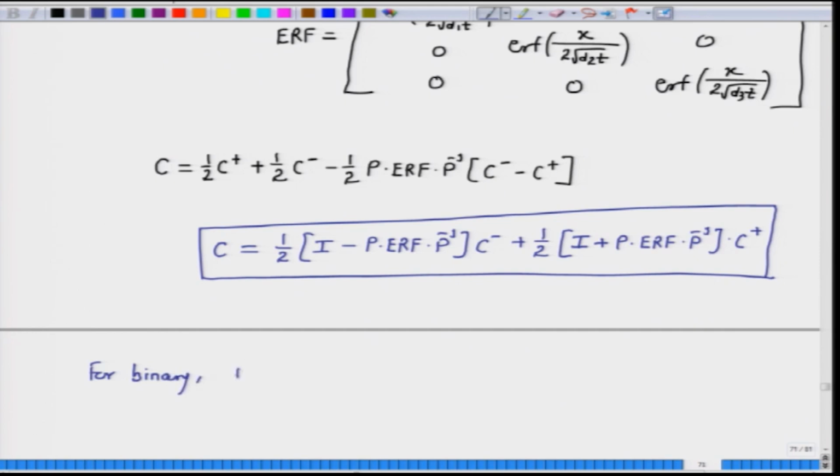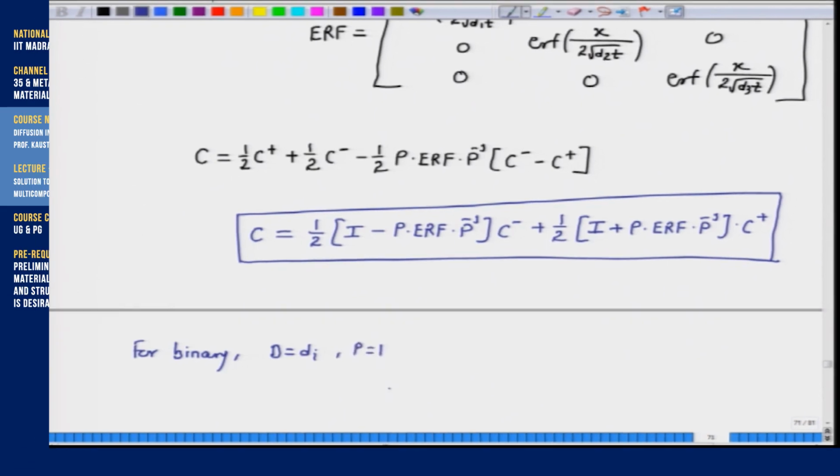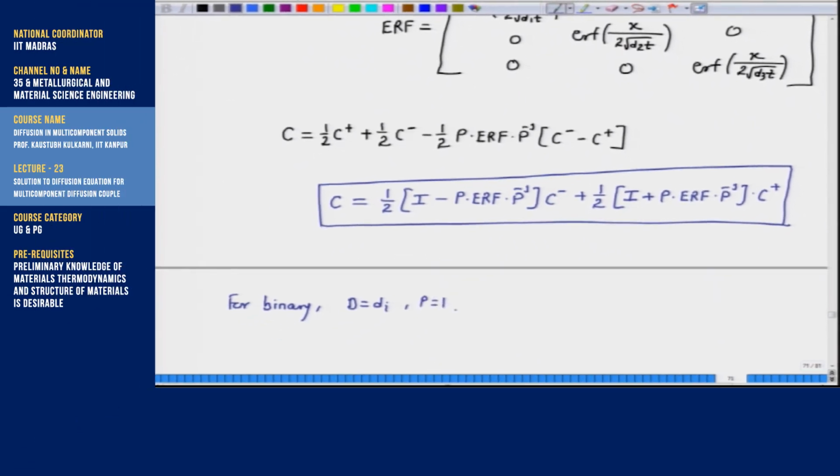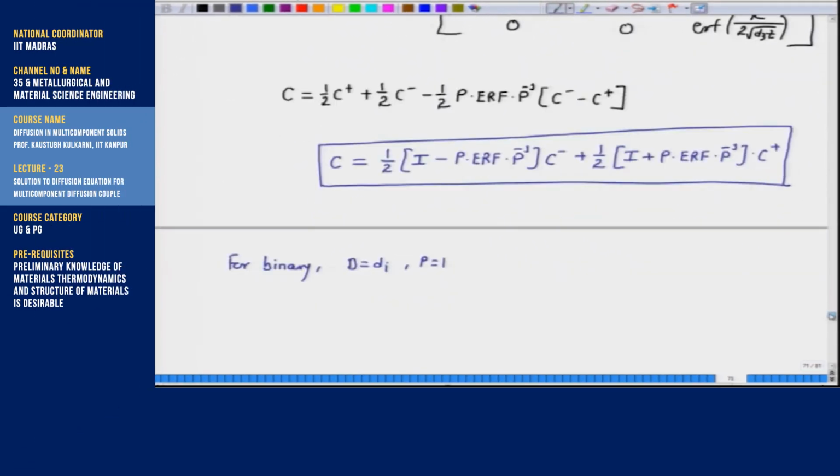So, D is same as Di, there is only one Di and it is the same as the diffusivity term. Also P is equal to 1 and we get back the solution that we have derived,